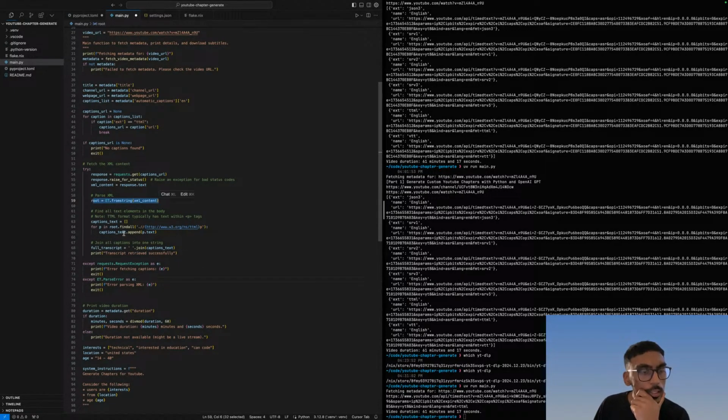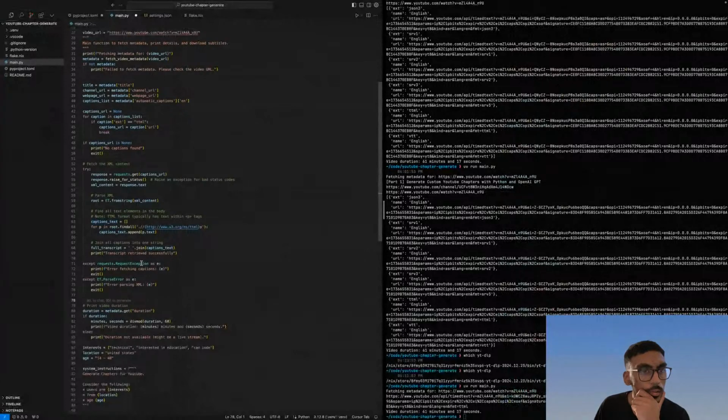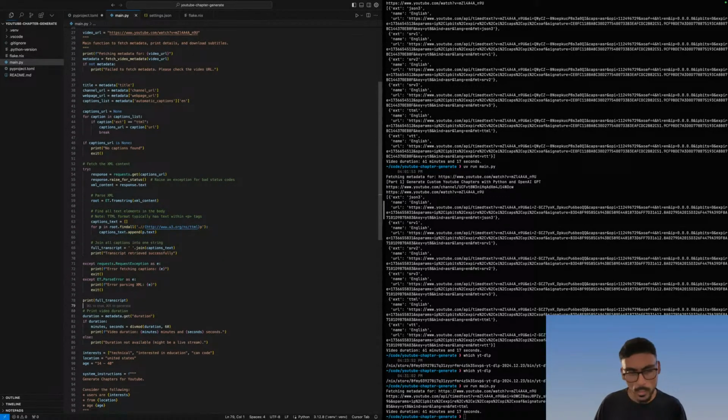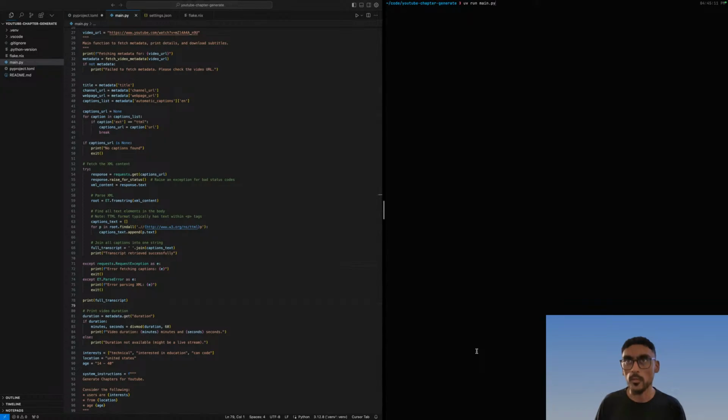Okay, so you have this tree, and then after we have the tree, we want to find all that looks like that. This looks a little fishy. W3 dot. I mean, yeah, it has that. Okay, sure. Then we want to get the text, captions text. Then after we get the captions text, we want to create this full transcript. Print full transcript. This part over here looks a little fishy. It was generated by GPT, but let's run with it. Let's see what happens.